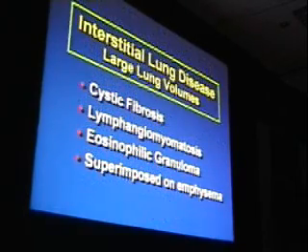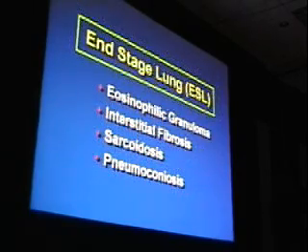If you see interstitial lung disease and large lung volumes, think of these four things: cystic fibrosis, lymphangiomyomatosis, eosinophilic granuloma, and other interstitial lung disease superimposed on underlying emphysema. And if you're dealing with a totally distorted, end-stage honeycomb lung, think of these things: eosinophilic granuloma, interstitial fibrosis, sarcoid,